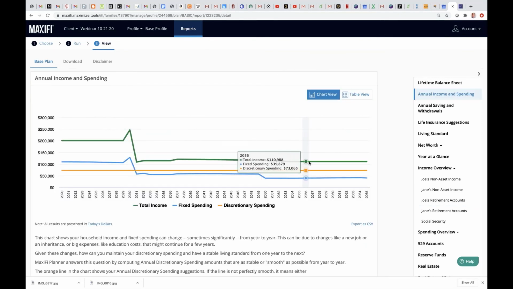Here, in this case, this particular household, Joe and Jane, have a smooth annual living standard, discretionary spending of $73,000 every year. But if they were borrowing constrained, this orange line would be low for a while and then higher. That would reflect the cash flow constraints, because the program is smoothing your living standard to the extent that we don't put you into further debt.